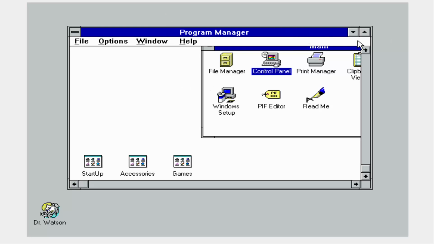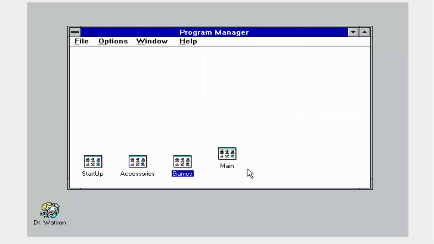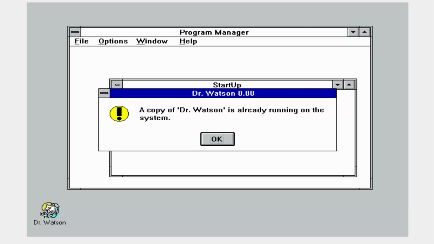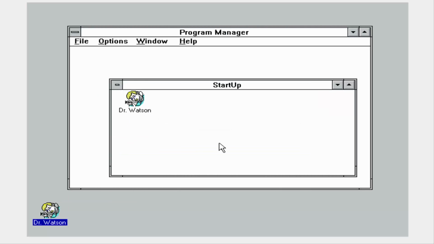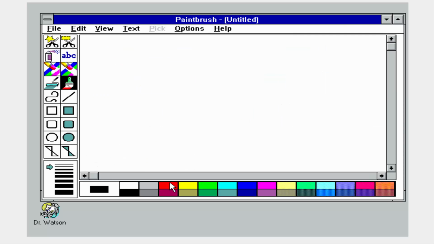3.1.68 release candidate. I'm just gonna call it release candidate for now because that's a lot of numbers to say. So this is the release candidate. Some of the icons look different. As you saw, the control panel looks a little bit different. We still got Dr. Watson here, which is very nice. I think that was a debugging tool, I believe. Now we have some new things. We got Paintbrush, Write, Recorder. We're going to be looking at those near the end of this section, what